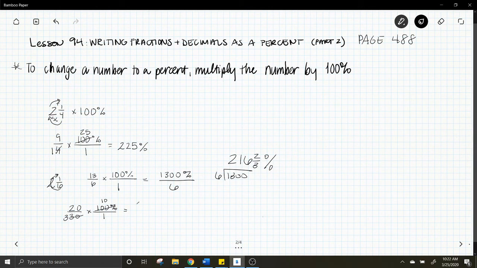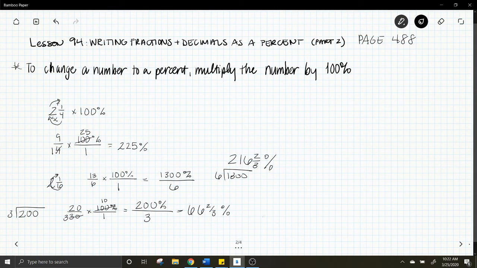20 times 10 is 200. Over 3 times 1 is 3. So we have 200% divided by 3. So do that division. 200 divided by 3. Okay, take a moment and work that out, and you'll get 66